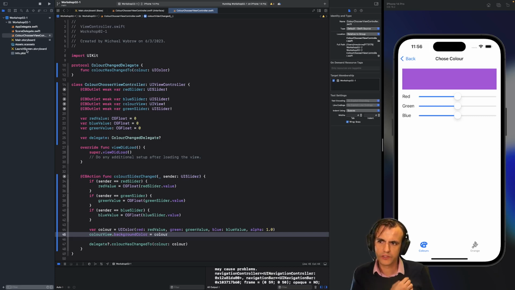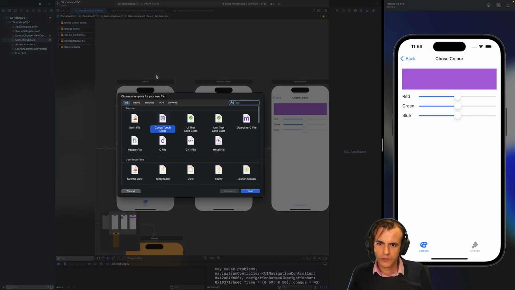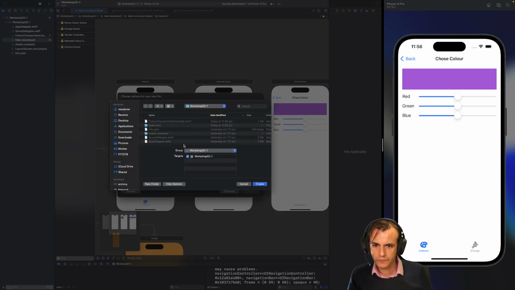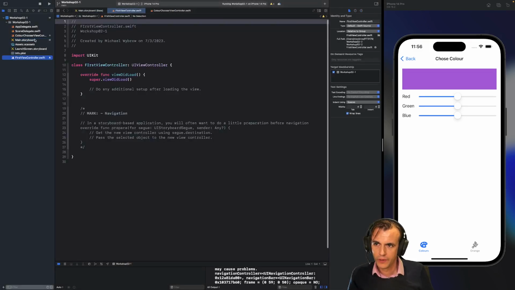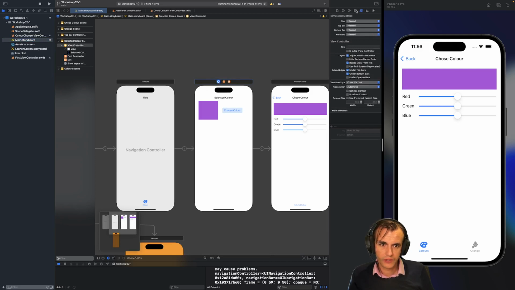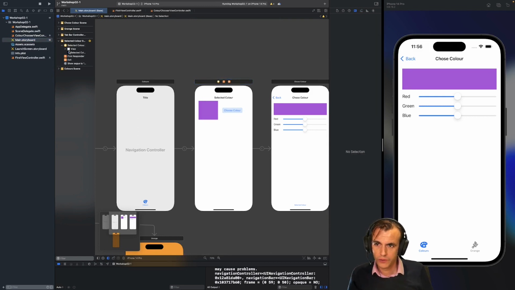Now what we want to do is this first view controller, which I just created. I realize I don't yet have a class for it, so let's go ahead and do that. So here's a new class, Cocoa Touch view controller, and I'm going to call it first view controller. We'll create it here. We'll go into our storyboard and we'll select this view controller and set its custom class to be first view controller. So now that's done,